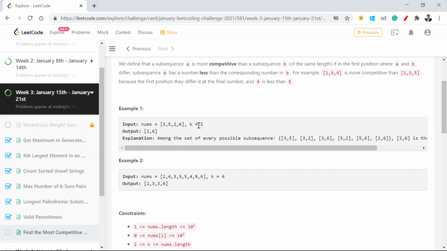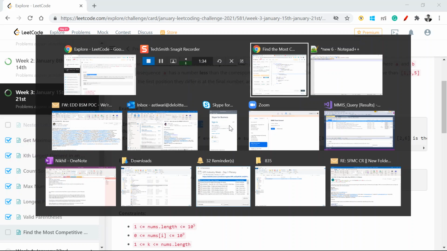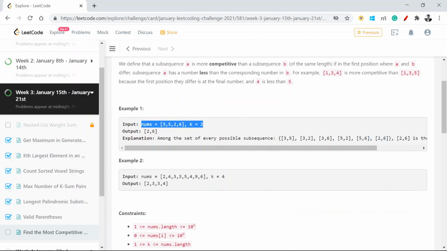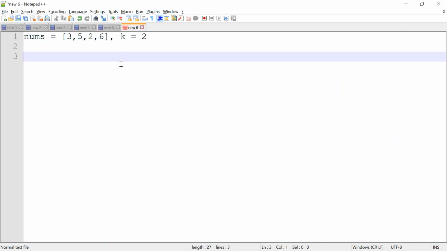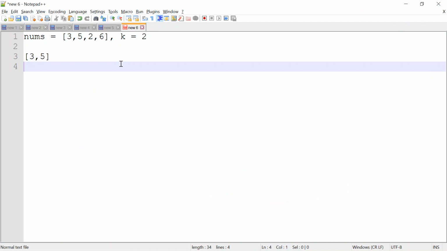Considering we are looking at a value 2, let's bring this down. So this is the array. What can be the combinations of two-element arrays which can be formed?